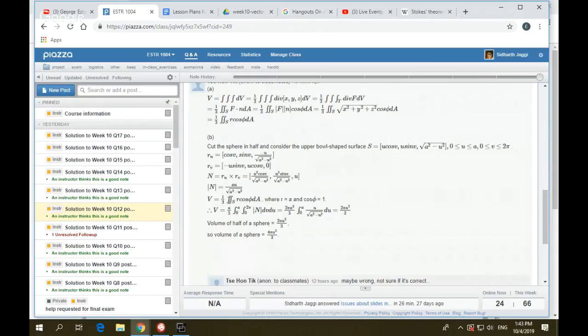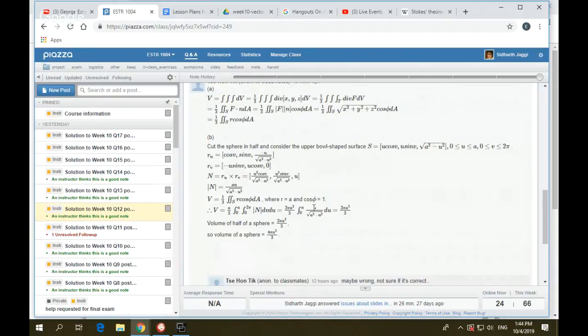compute that it's 1 over 3 r cosine phi, where r is given by a and cosine phi is 1, and then you can just use the formulas that he's already derived to show that the volume is given by just 2 pi a times the integral of u over square root of a square minus u squared du. So that gives you, by the formula for the arc tangent,